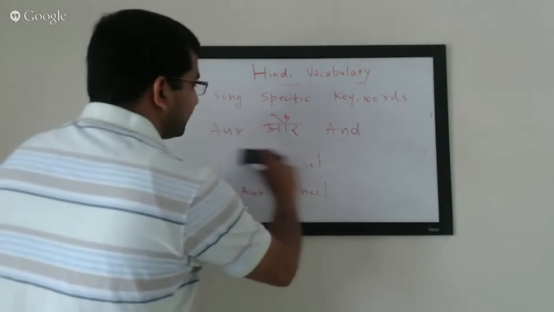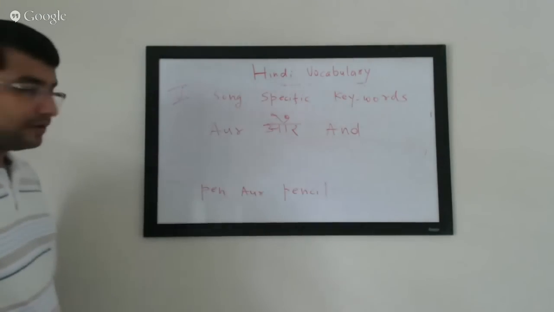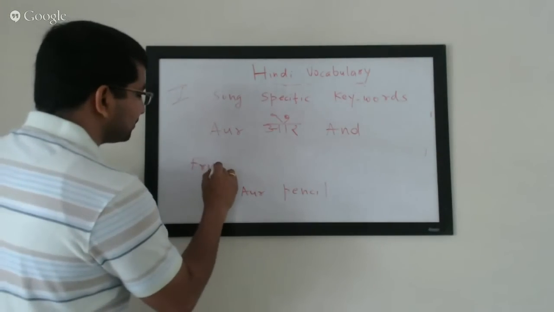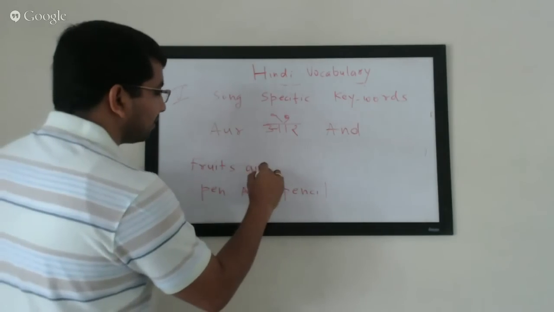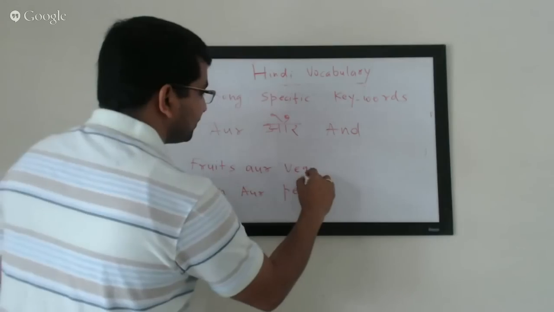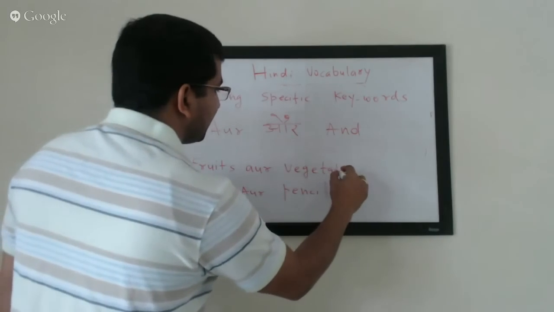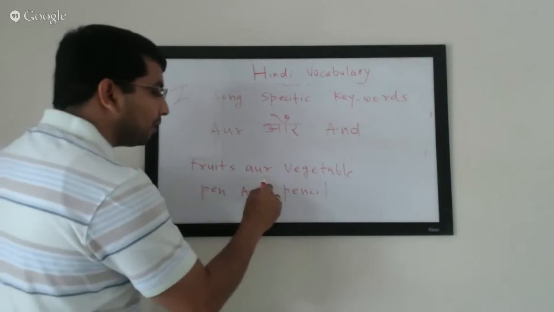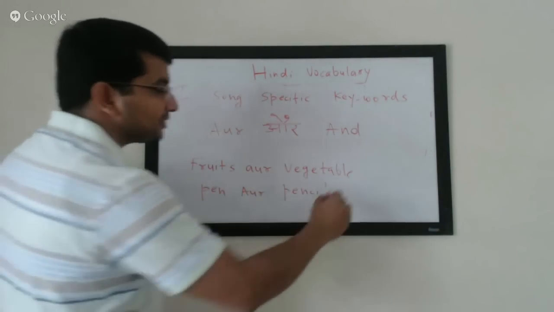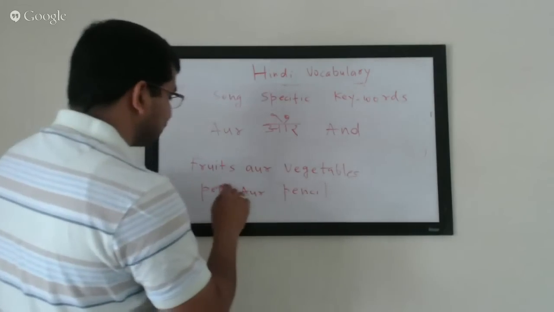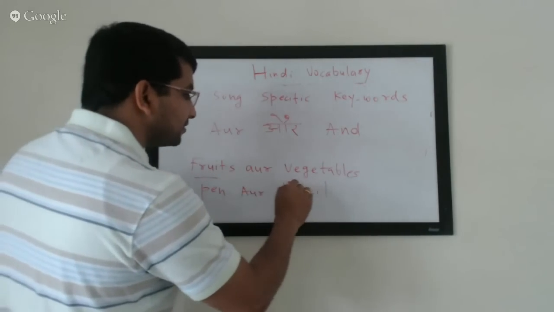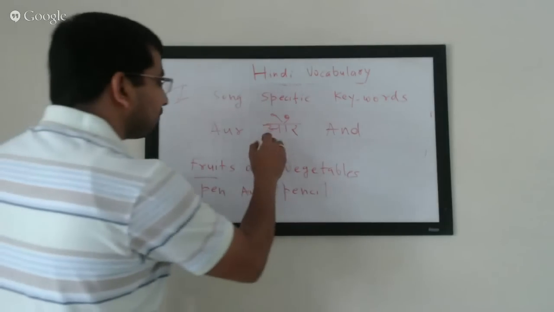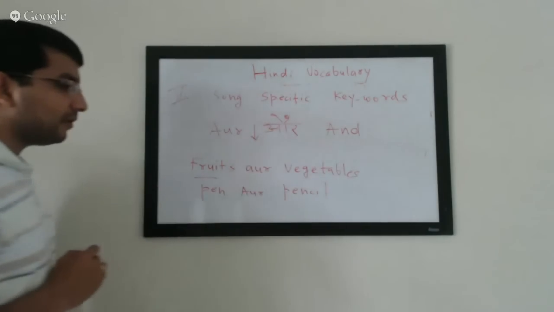Or if I want to say fruits and vegetables, it would be fruits or vegetable. And if you know the Hindi word for each of them, it's even better. Fal or sabjiyan, vegetables. If it is singular, it's fal or sabji, right? So that's the keyword. Or means and. Fal or sabji,